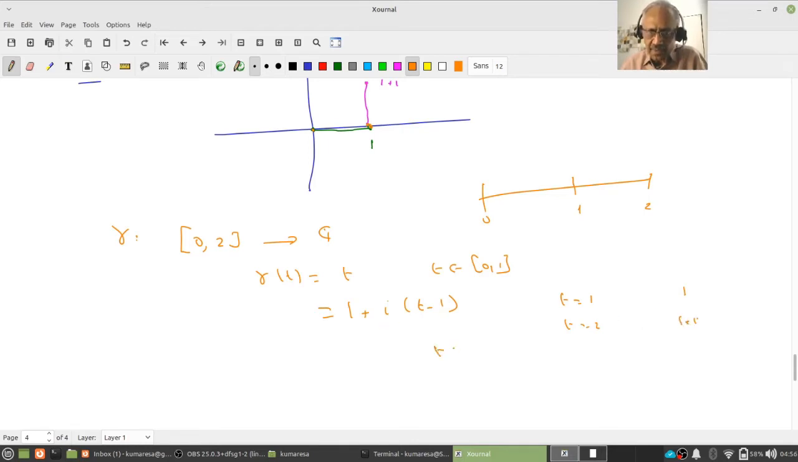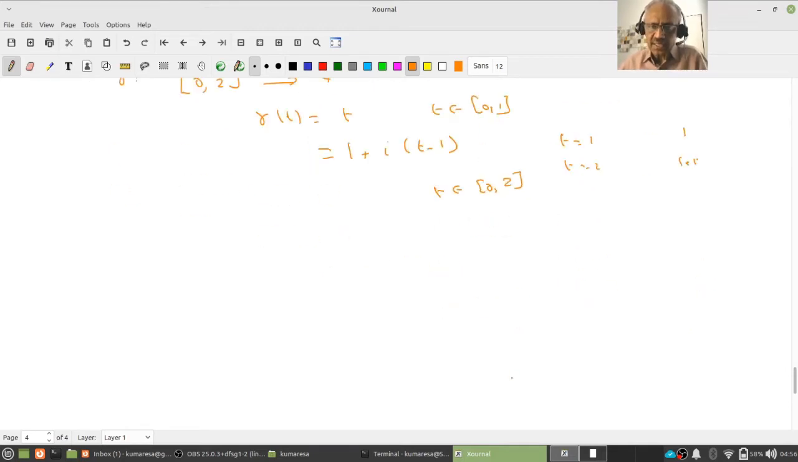Okay, this is for t in 0 to 2. Is gamma continuous? The only point to check is t equal to 1. At t equal to 1, gamma of 1 is 1, and in this portion also it's going to be 1. Therefore gamma is continuous on 0 to 2, and gamma is piecewise smooth,